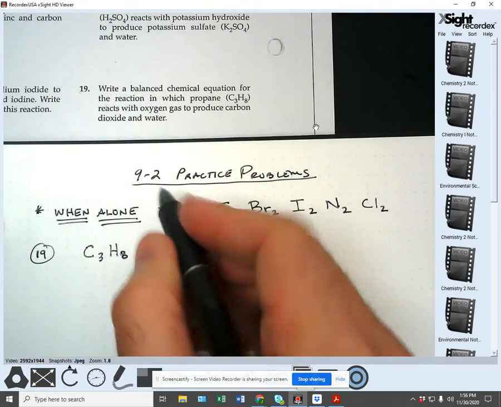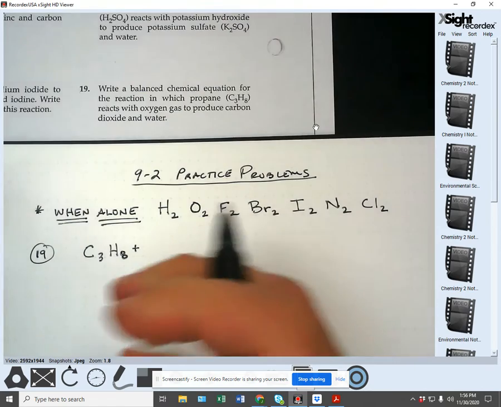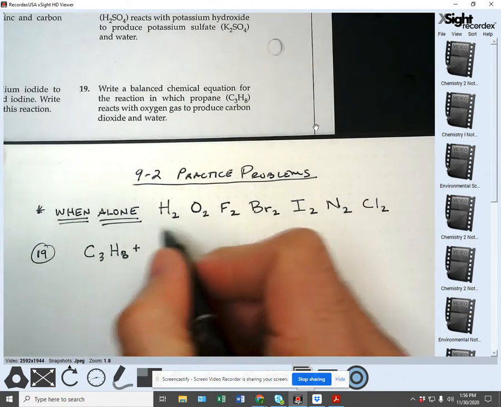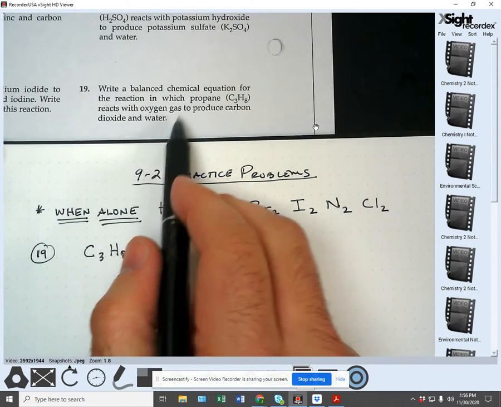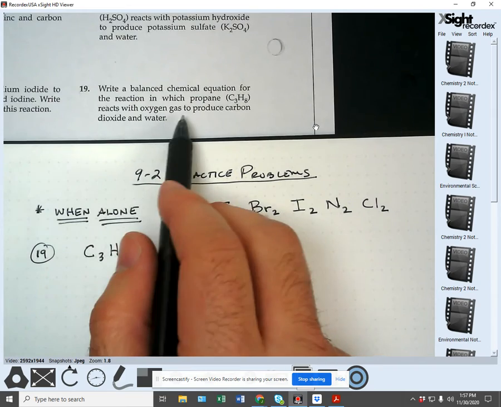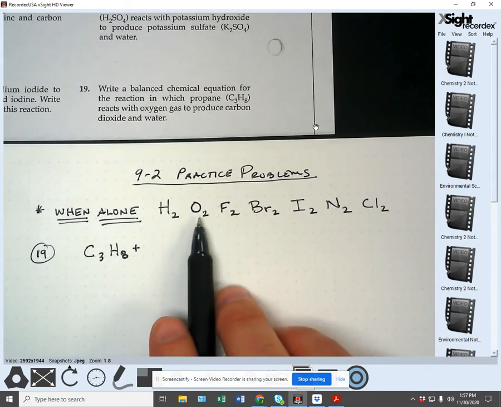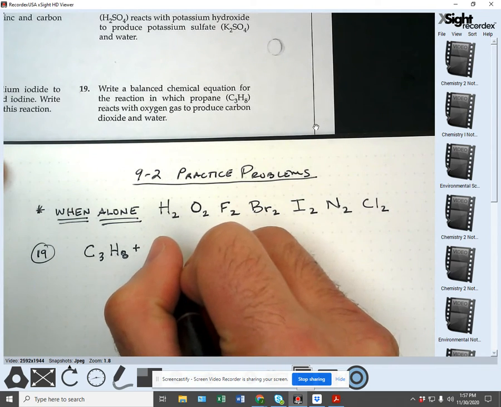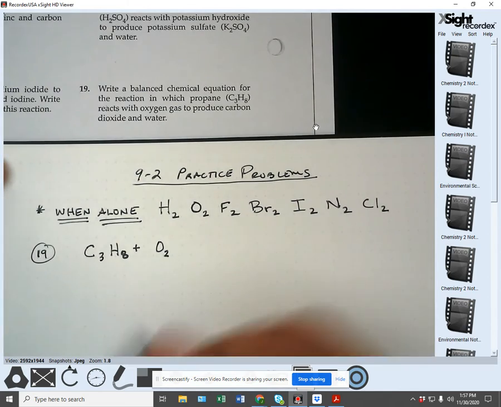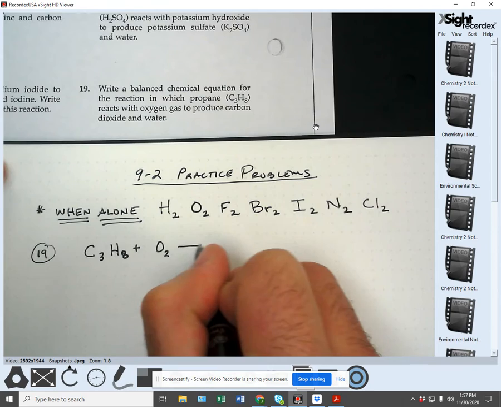So reacts with, remember, is one of those words that tips us off that we should be doing plus, because that means the two things are combining on the same side. Now, a lot of times people get kind of tied up. They're like, oh, gas, what is that? This is just plain oxygen. Oxygen alone, oxygen gas, O2, because it's part of Hofbrinkel. To produce, so we need yields, our arrow,